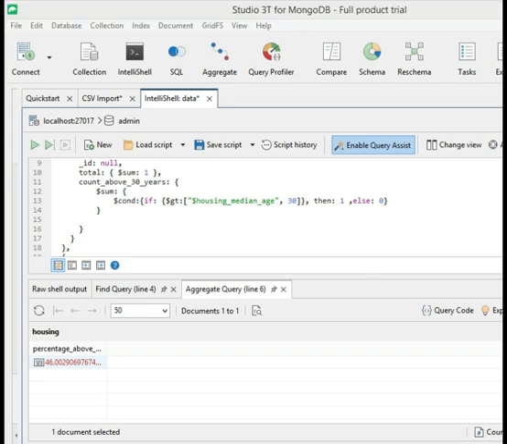So the result is 46%, which indicates that 46% of the houses in our collection have a housing median age greater than 30 years. Alright,